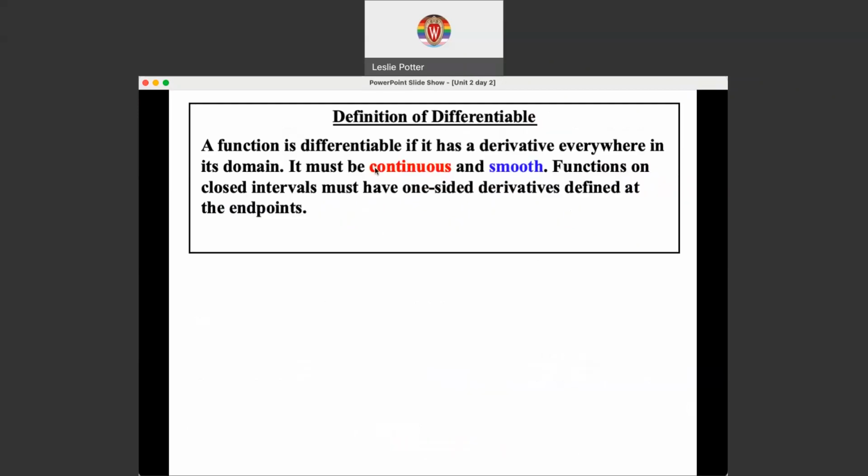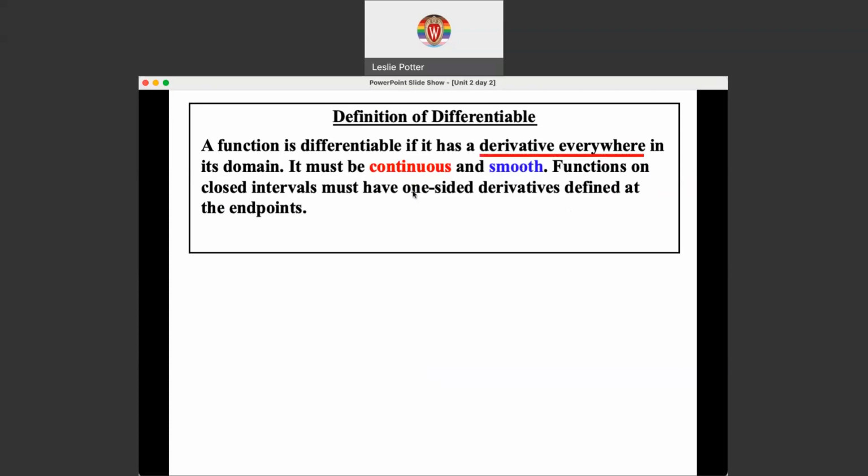Okay, so the definition of differentiable: we can't have pointy points. We can't have vertical behaviors, and we can't have any discontinuity. Right? So a function, here's the definition, it's in your notes. A function is differentiable if it has a derivative everywhere in its domain. Okay, so it must be continuous and smooth. So no pointy points, no gaps, no discontinuities, right? No vertical